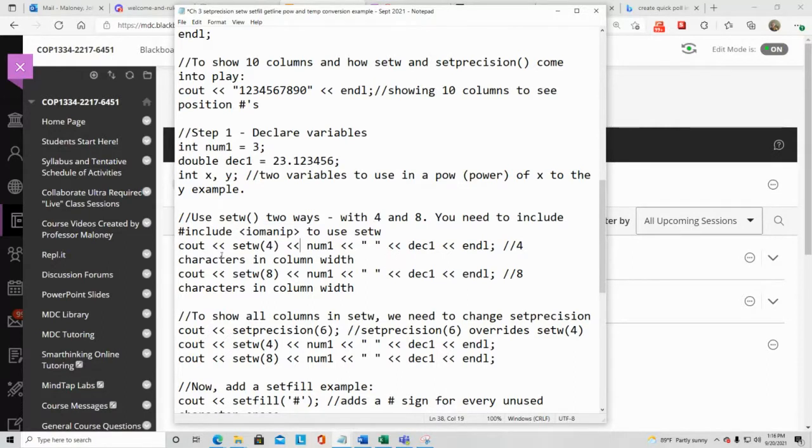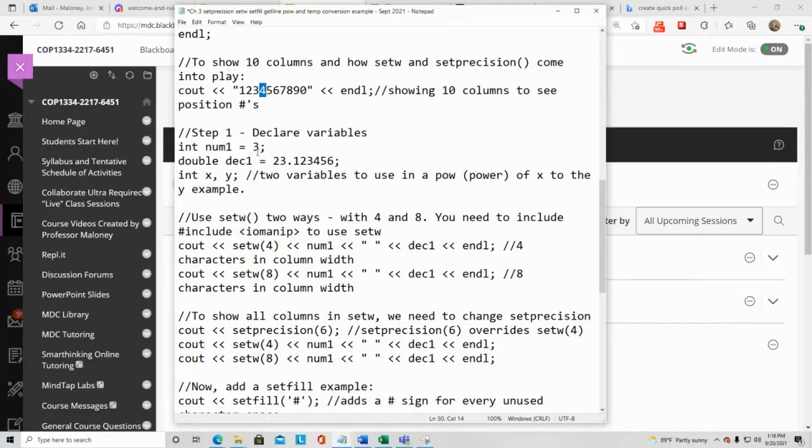So then a COUT statement, but before my COUT statement, I'm saying setw, meaning set the width of the columns to 4, all right? So now this num1 is in a column width of 4. So if I'm only typing out one number, like this number 3, it'll be in the 4th spot in this little thing up here, okay? Because the column is 4 wide,